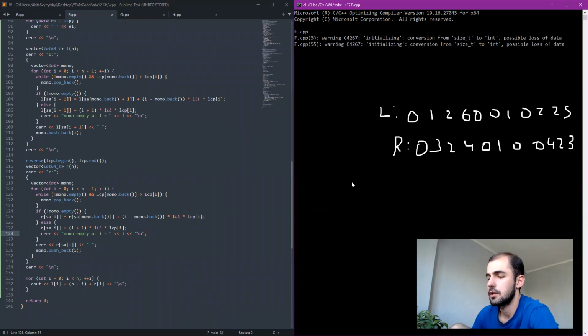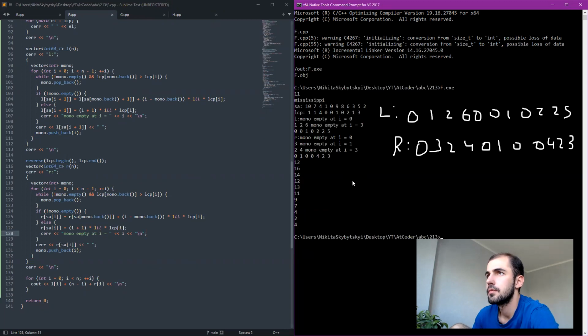I feel like we are very close to solving this problem. So mono became empty at index 3 once again. 1, 2, 0, 1, 2, 3. Because that's the smallest element we've seen in LCP array so far. Then it kind of doesn't matter because LCP